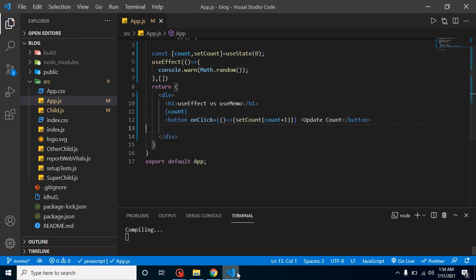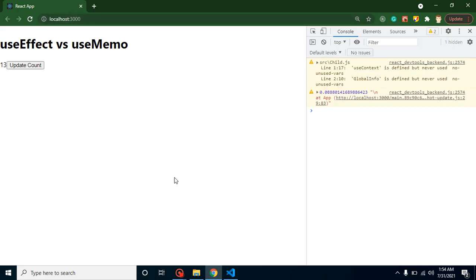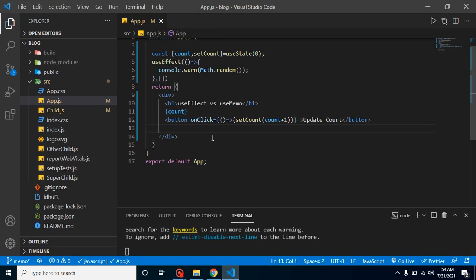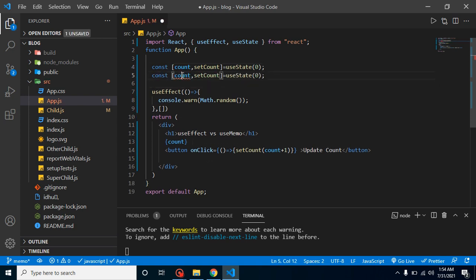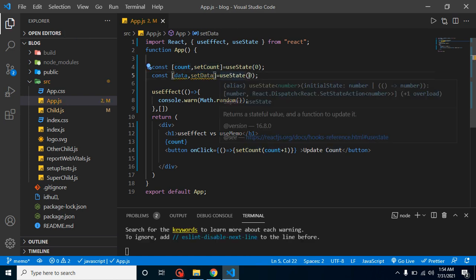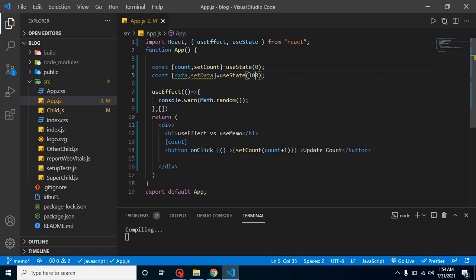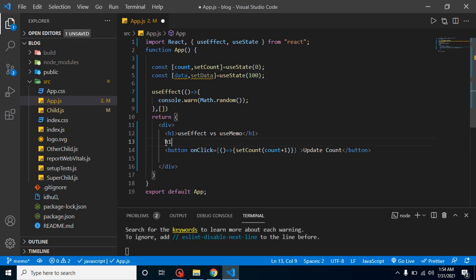All right. So let's say we have two states here. Let's take one more example of useEffect. We have one state, count and setCount, and let's say we have one more state, named data and setData, and its default value is, let's say, 100, right? And I am taking an h1 tag here so that we can print it properly.